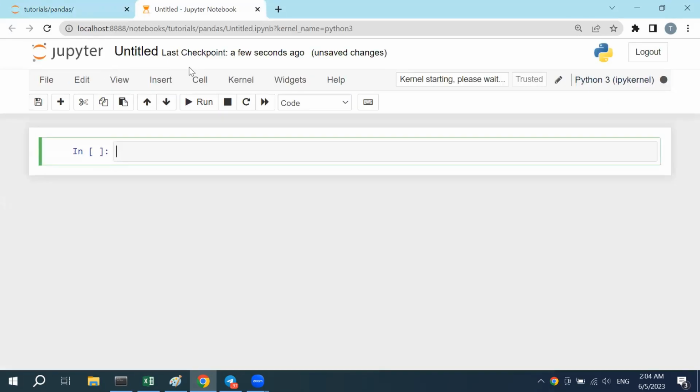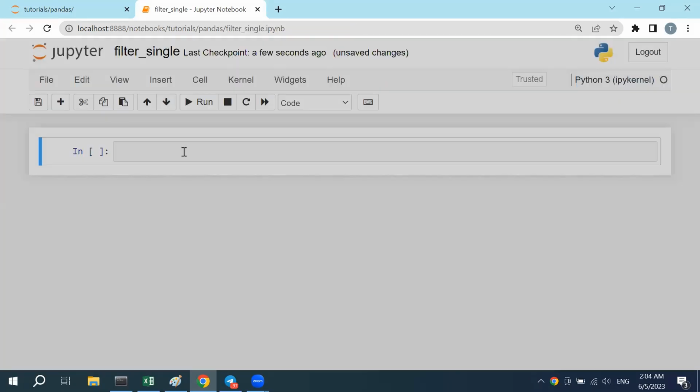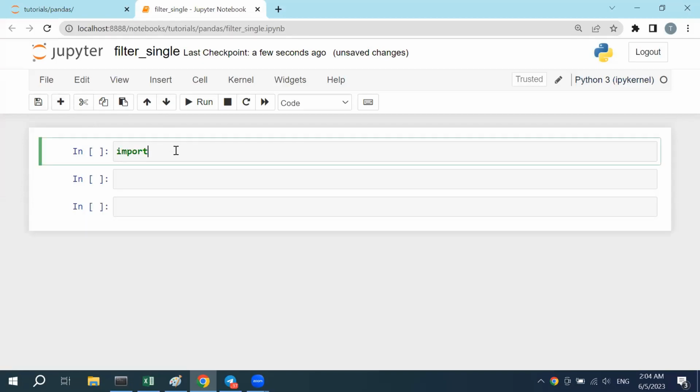Let's first create a new file and call it filter for single statement, like filter single columns single. Okay, and now I will import my Pandas library here. Import pandas as pd,